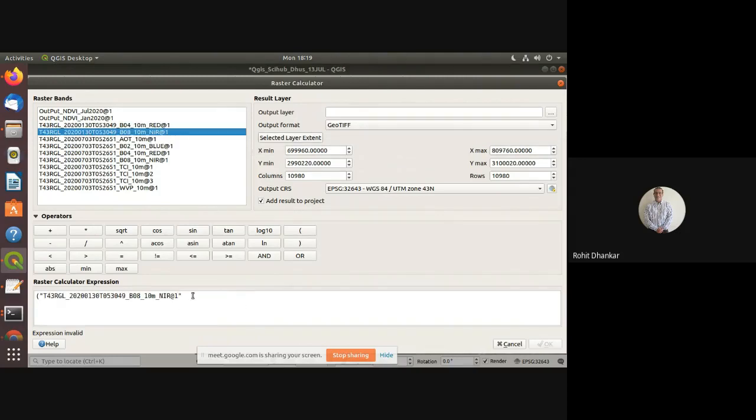How I've chosen it is by double clicking on it, minus the same date's red band, which is right above it. Then close the brackets, divided by, again just add both of them. So this plus,